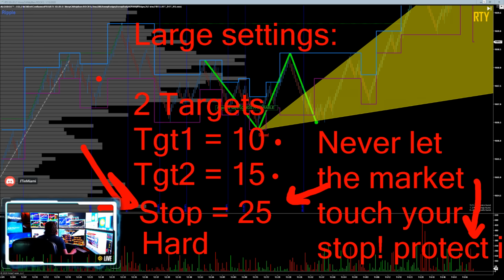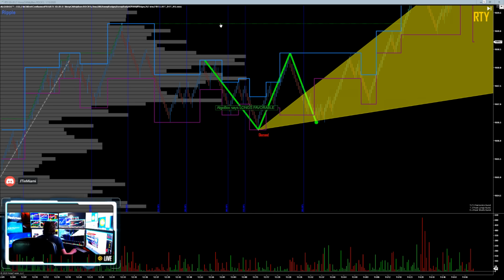So this is your ATM, that's the focus here. We'll talk about how we do it in a minute, but you guys got these: 10, 15, 25. This is just for setup. We'll talk about how to use it in a bit, so hang tight. And for the small, wait, did I just do large right there? And I just did 10, 15. That's so dumb.